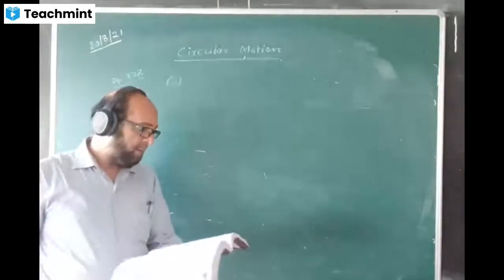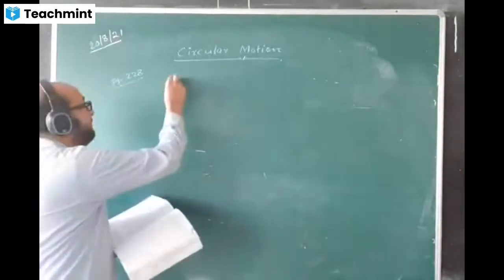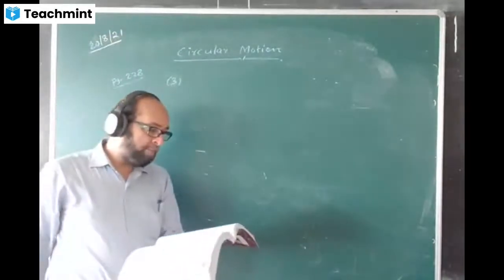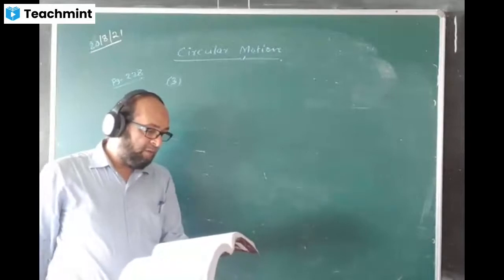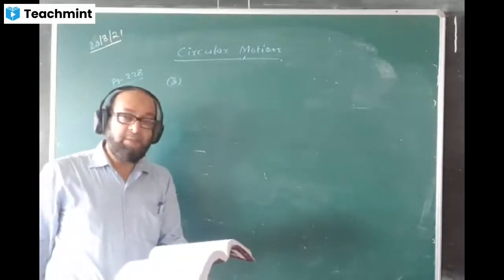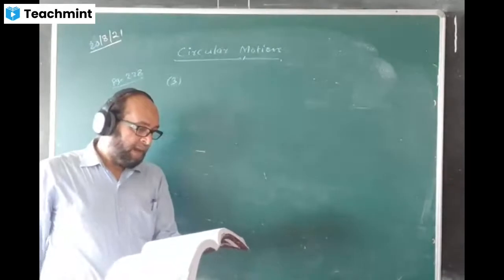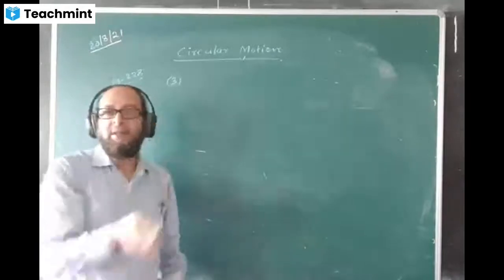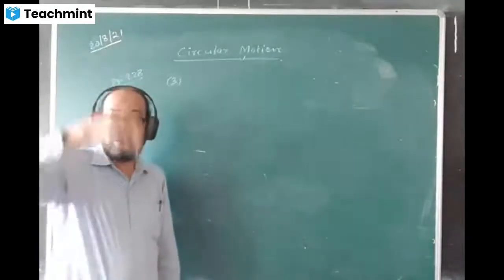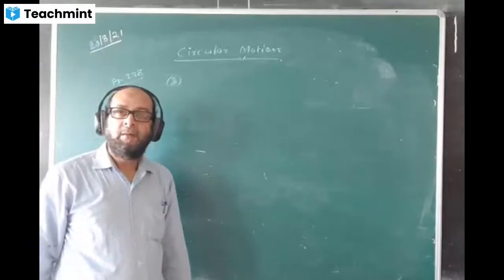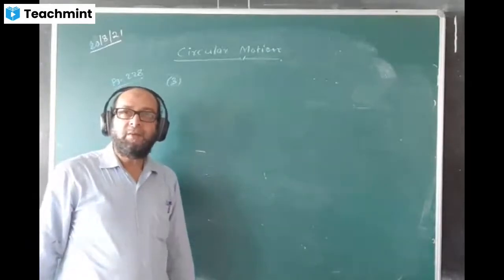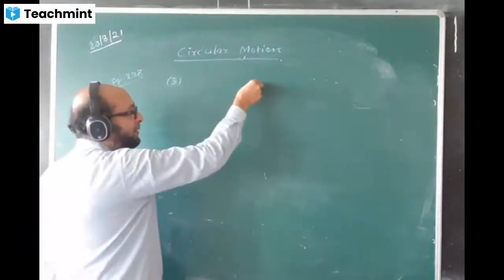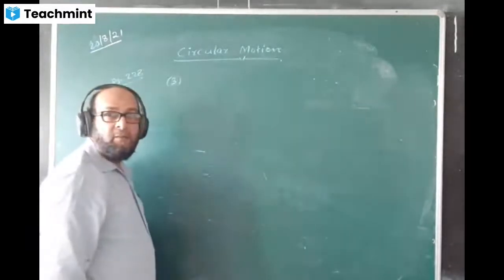Okay. Number 3 now, question number 3. The question says, a boy swings a pail of water in a vertical circle of 5 meter radius. What is the minimum angular speed at the top if the water does not spill? What should be the minimum angular velocity so that the water does not spill? I think you know the method, no? Last time I told you what the minimum velocity on top should be so that the body does not fall down directly.